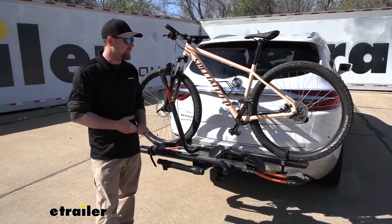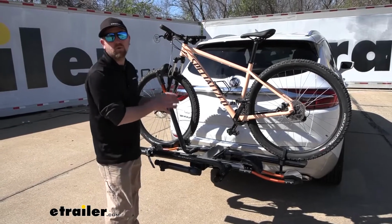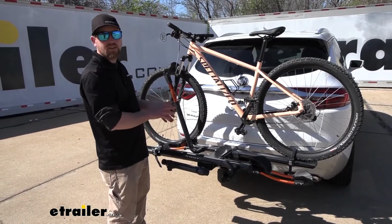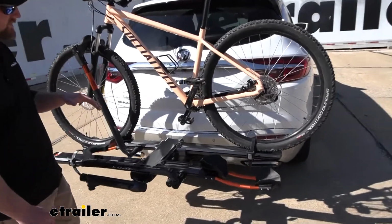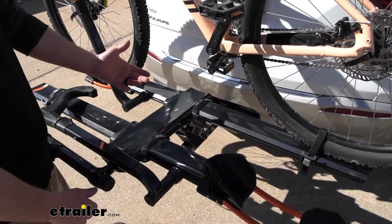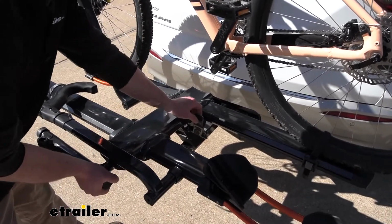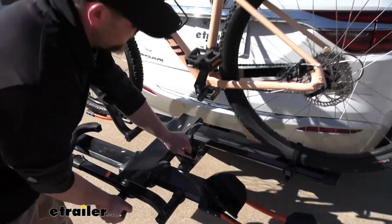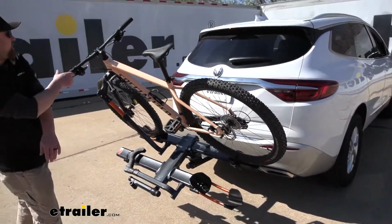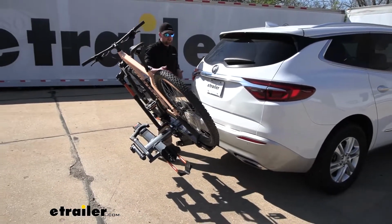With all that said though, I do want to address probably one of the bigger questions that a lot of people are wondering, and that is, are you still going to be able to get into the back of your Buick with the rack in place? And with this one, the answer is yes, and it's actually really nice. Even with bikes loaded up, you can still fold this thing down, and that's not something you see with a lot of racks. You're just going to have to pull this lever in and let it come down, and then that's going to give you the space you need, even with the bikes on, to get into the